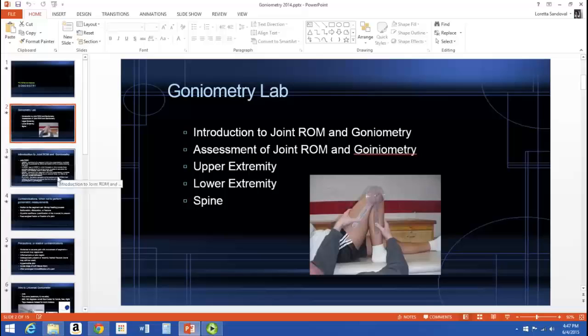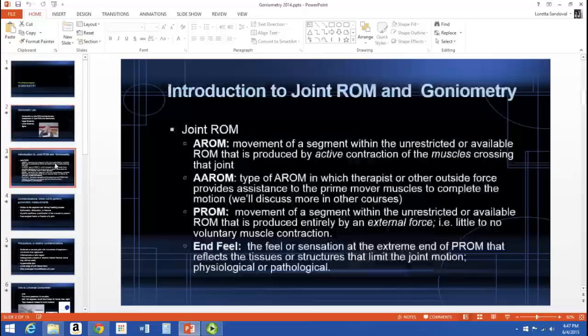I'm going to just talk a little bit about range of motion and goniometry, and then we will be ready to move into lab. So range of motion for joint. Of course, we abbreviate that ROM. We're going to talk about different types of range of motion, and you probably talked about this a little bit in kinesiology with Heather last quarter, but the first range of motion we're going to talk about is active range